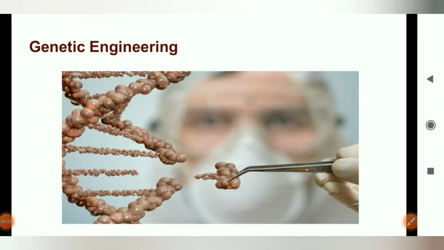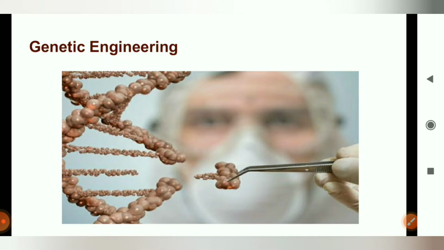Everyone. So today we are going to start our genetic engineering series. In this first lecture of genetic engineering, we are going to deal with what genetic engineering is and the main aspect of genetic engineering. Genetic engineering is also known as rDNA technology or recombinant DNA technology. So genetic engineering is basically used to alter the genetic makeup of cells. This technology is also used to create recombinant DNA molecules by inserting foreign DNA into host organisms.